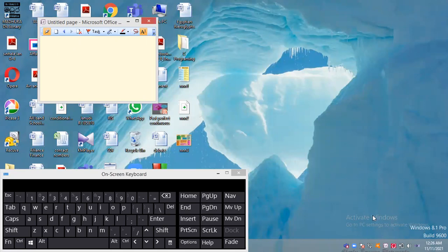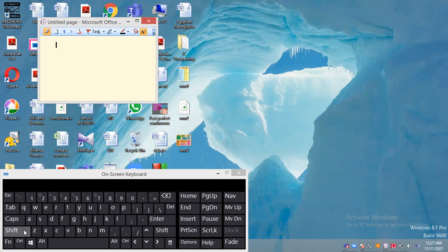See, did it get typed? Can you see letters in the Word document? No, you can't see. That means the physical keyboard has been locked for a minute. For a minute means until you stop using the screen keyboard. So now how are you going to type from the screen keyboard? Now I have proved it to you once. So we'll see how we are going to type with the screen keyboard.